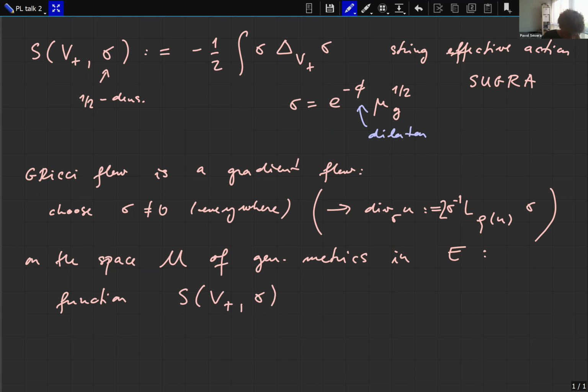So sigma now is fixed, right? We pick that one, so now it depends on V plus. And we also have a Riemann metric,